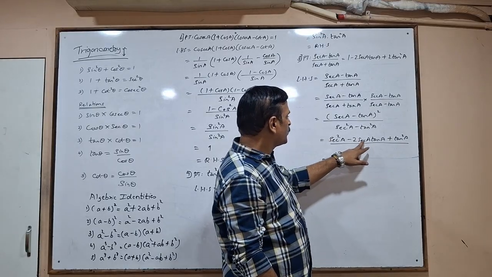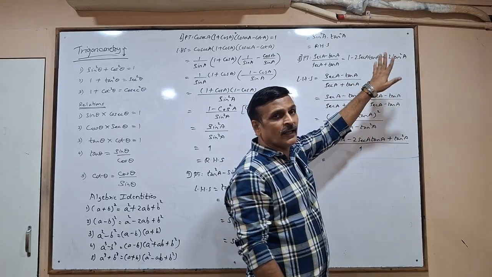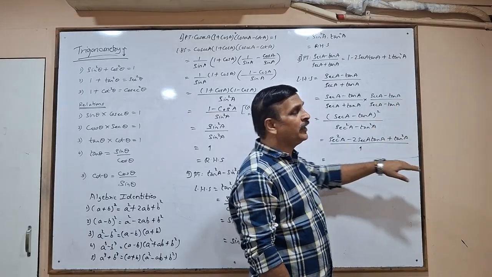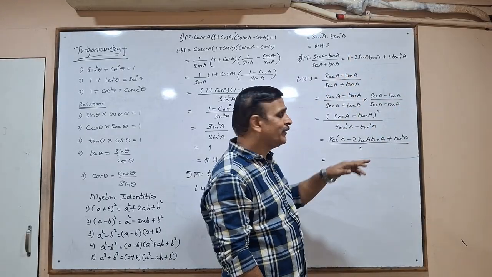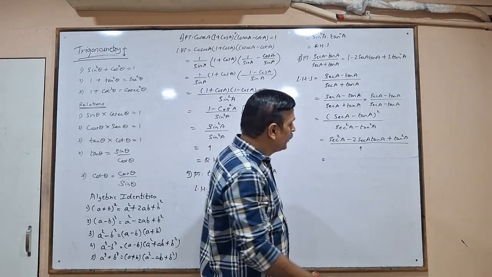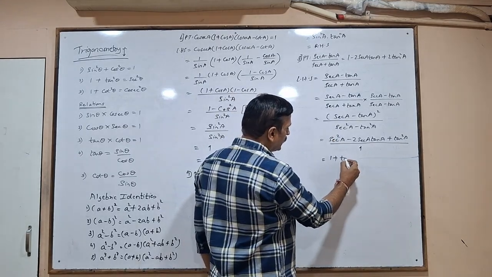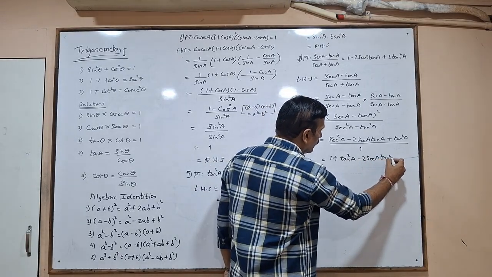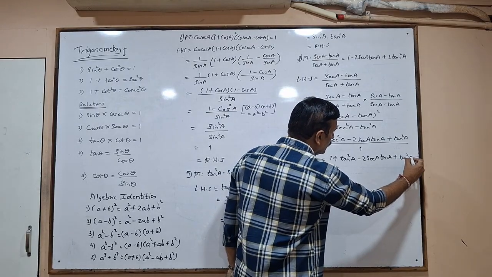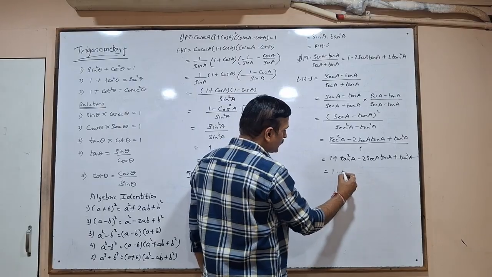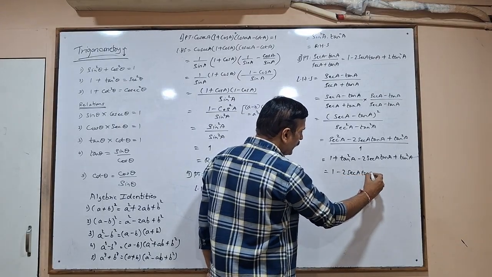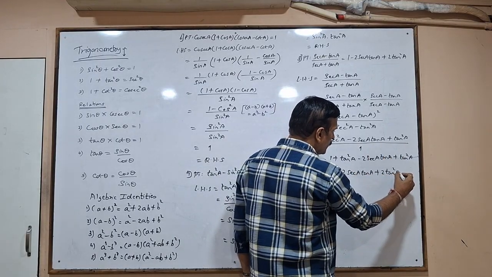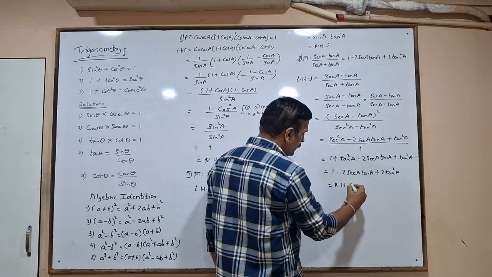Numerator: minus 2 sec A tan A, minus 2 sec A tan A we have got. Tan square A, but I want 2 tan square A and I also want 1. What does it mean? This sec square A we don't want. So if I don't want, let us convert it to tan. What is sec square A? It is 1 plus tan square A. Then the middle term and the last term. So 1 as it is, minus 2 sec A tan A as it is, tan square A plus tan square A is 2 tan square A, which is RHS.